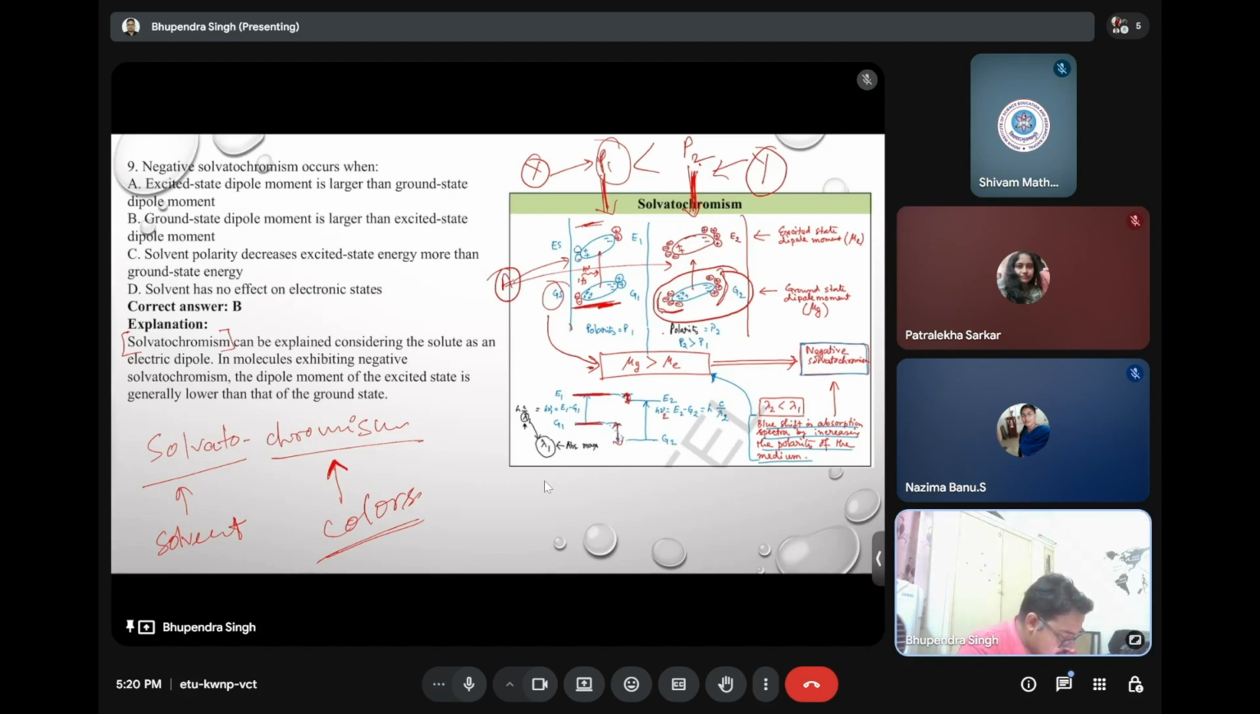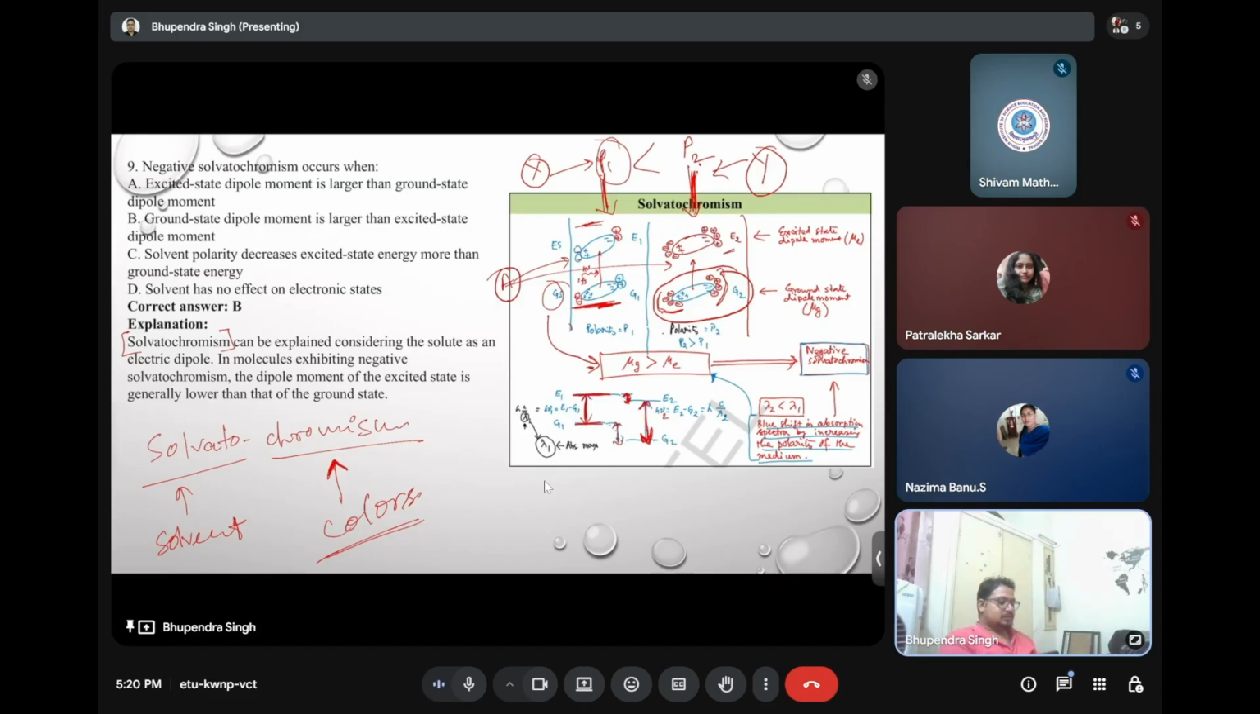Compared to this, it is less. Why? Because the polarity of the excited state, the dipole moment of the excited state, is lower than the ground state. So that is why it will stabilize very little compared to this. So the energy difference here is lower than this one. Energy difference lower means